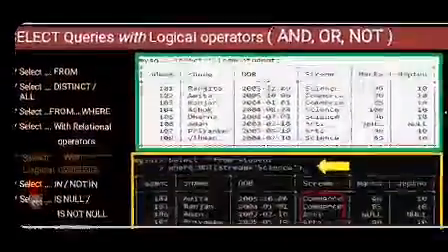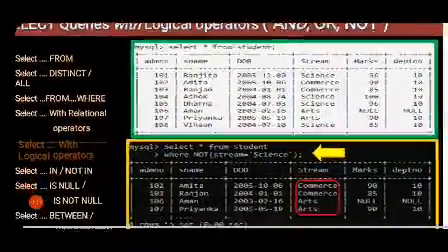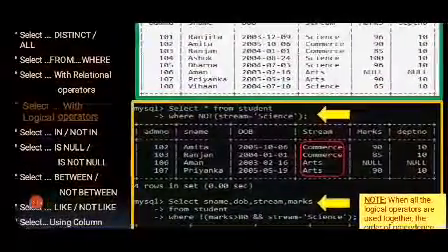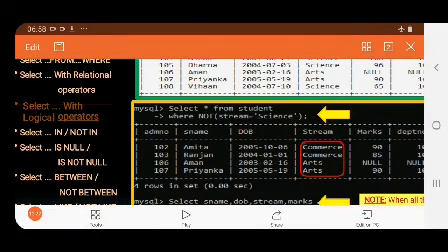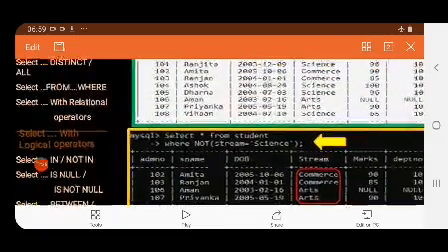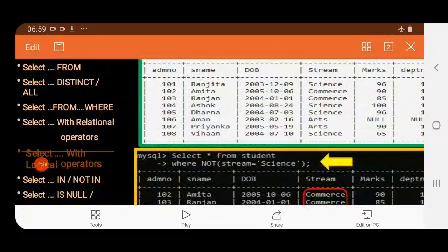Some more examples, like not. Select star from student where not stream equal to science. So without science, whichever other streams we are having, that we will get in our output. So we have got in our main table 3 different rows, like you can see over here.